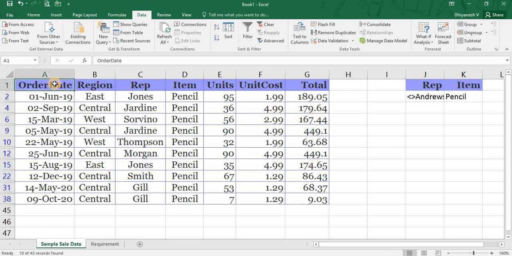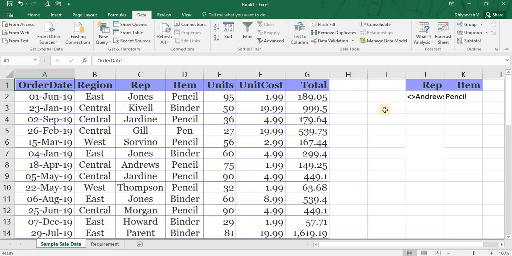I know I am taking a long time to explain this advanced filter option, but this is just to ensure that you get the entire idea of using the advanced filter option. I could have stopped with the first example itself, but I thought I should share the entire use of the advanced filter, as far as I know, with everyone who is seeing this video. So this is the basic cell that can be used.